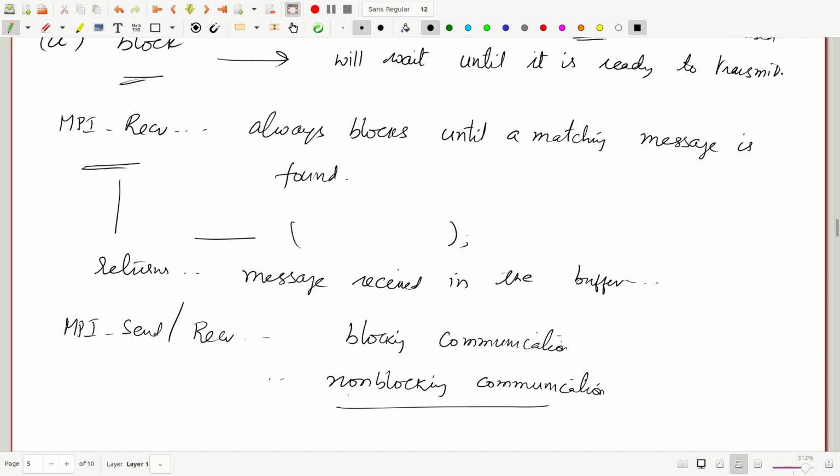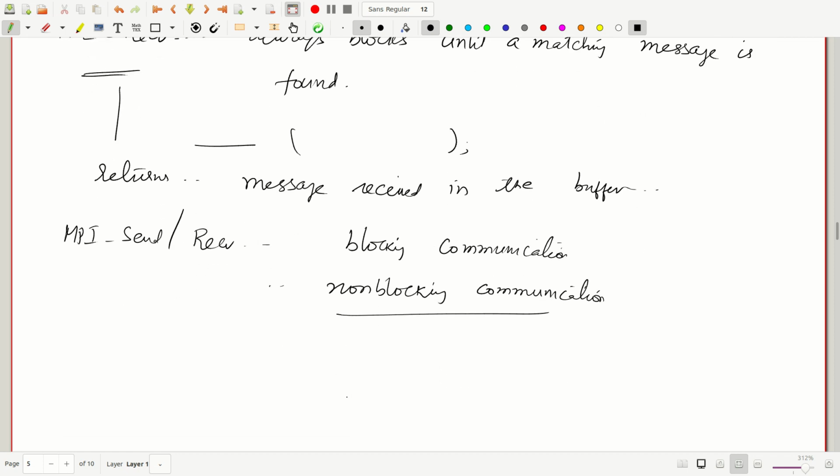Okay, now what are the consequences of this kind of blocking MPI send and MPI receive behaviors? Okay, so what this means is that we have to make sure we have matching MPI send and receive function calls, okay, that is very important. Also, let us see a few things about the MPI standard, and MPI also requires